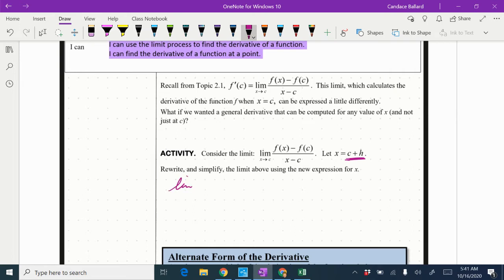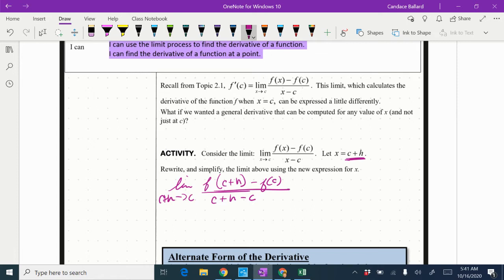So the limit as x approaches c of f of c plus h minus f of c. And then for the x, I'm going to plug in c plus h minus c. And then we notice that I'm also over here, I missed it on that x too. I've got to plug in c plus h here. All right, so if I do some simplifying,